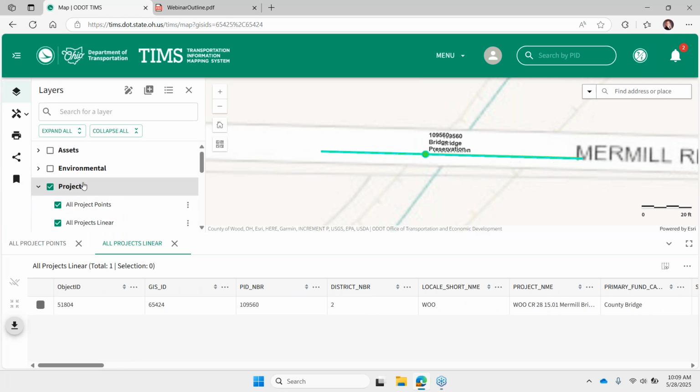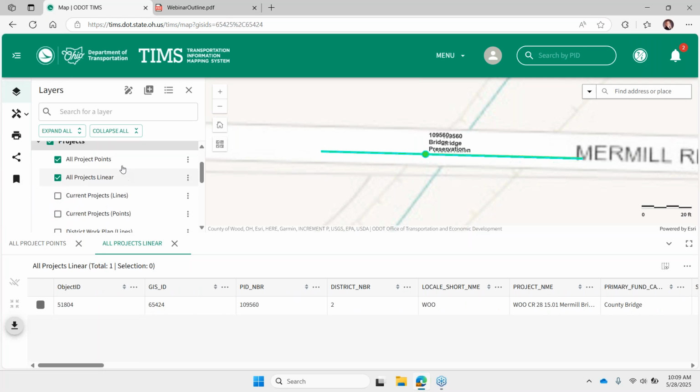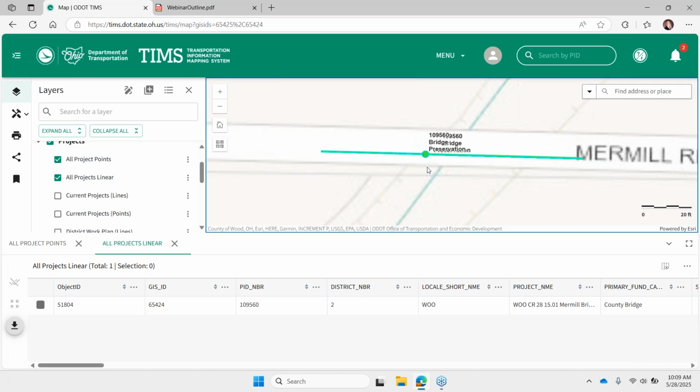In my layers list, you'll see that it's automatically turned on these 2 layers, and it has those filtered to those projects that I initiated from the project search page. Also, I want to highlight that you can view this attribute information in a pop-up just by clicking on the feature.